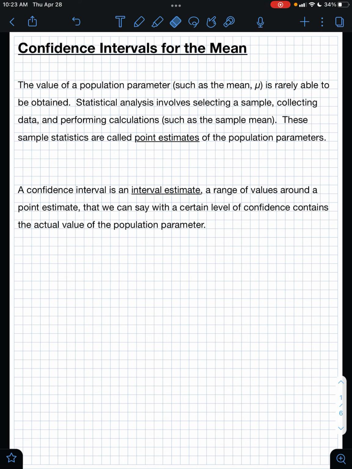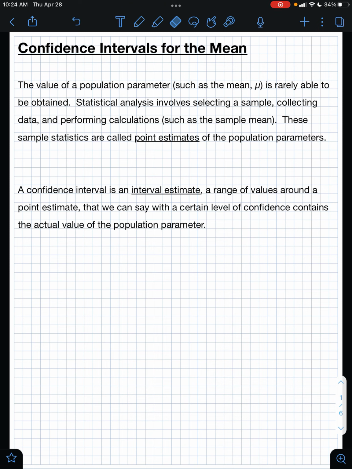So what we do is collect a smaller sample, get the data from that smaller sample, and calculate the mean or what have you of that sample data. And then we take that value and attempt to say something like, well, because our sample produced this value for the mean, we're going to say that there's a good chance that the population mean